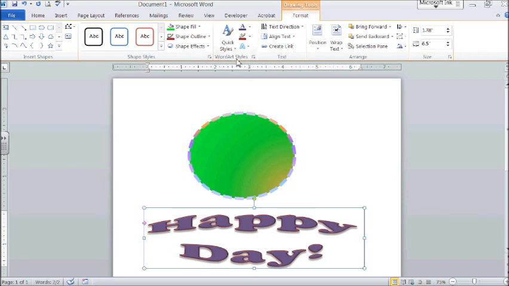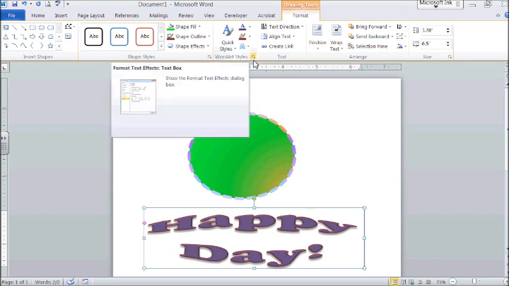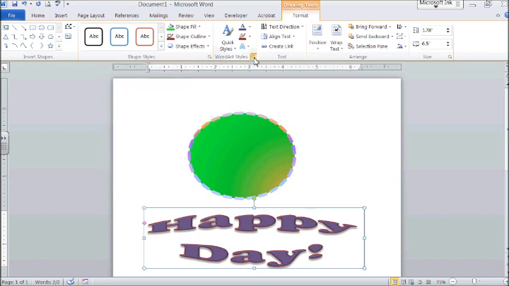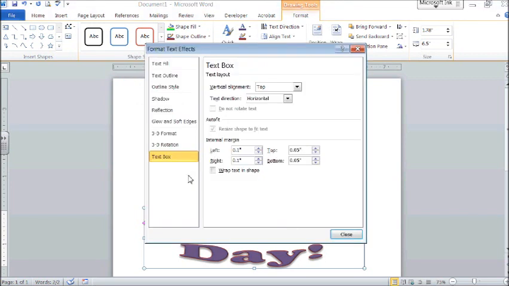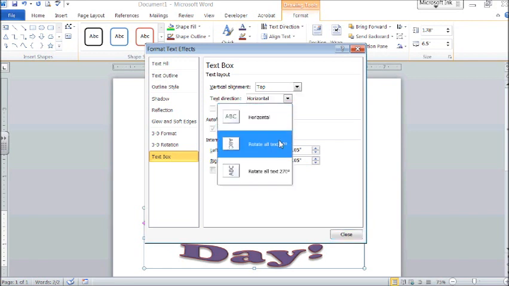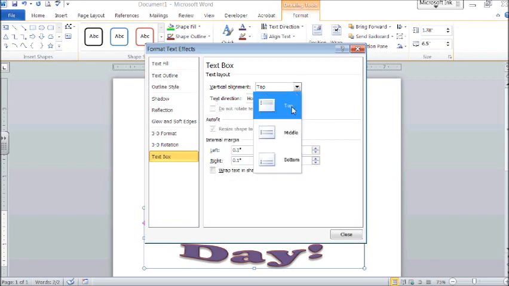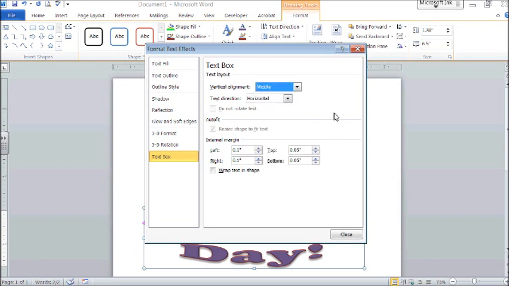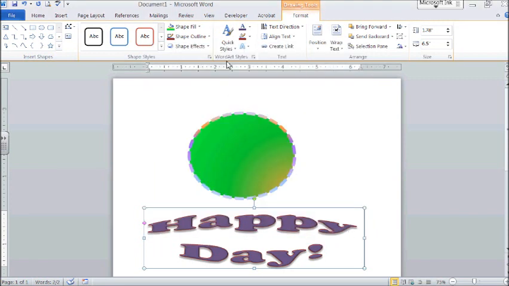Even more so, you have word art styles. So we see this little icon here. I can open up the word art style window. Again, I get all of my different options, so I can play in here as well. See your vertical alignment? It can be at the top. Your text direction, horizontal, but look at the different options you have. So you can rotate, all right? You want to say you want it in the middle? You can put it in the middle as well. So we have word art styles, and we can really personalize our word art to the way we want it